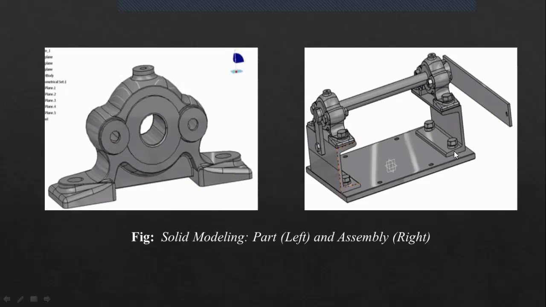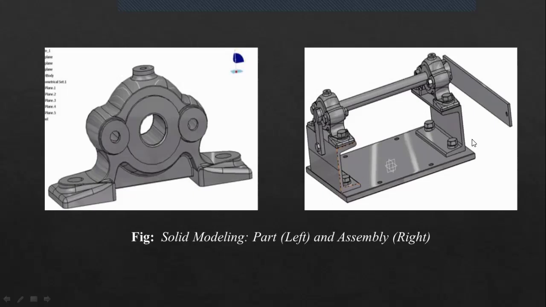We have different constraints that are in the software by default, like the center of this bolt and the center of this hole, this base plate hole, should be concentric. Same center. And the bottom surface of this flange should touch this base plate top surface.